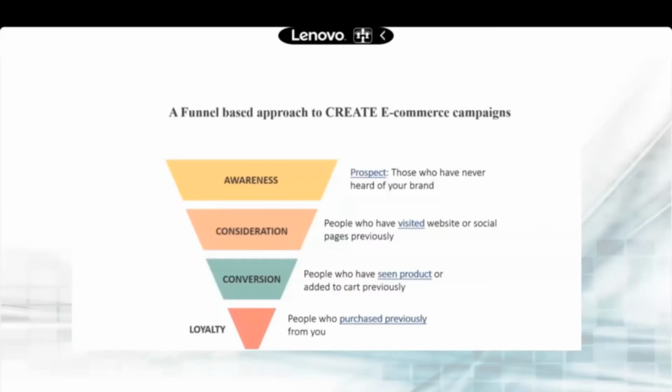So quickly, I will tell you what a funnel is. Whenever you are starting up your business, and your business is established, there will be awareness for your business. So there might be 1,000 people to whom you have created brand awareness. Out of 1,000 people, there might be 700 people who are considering your brand, who have visited your page or